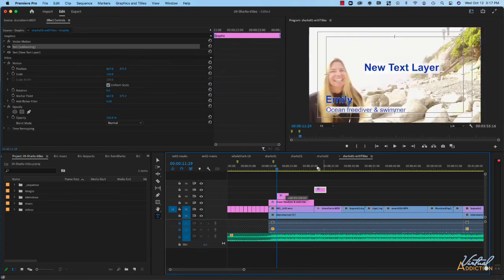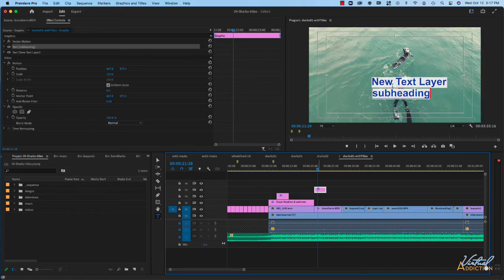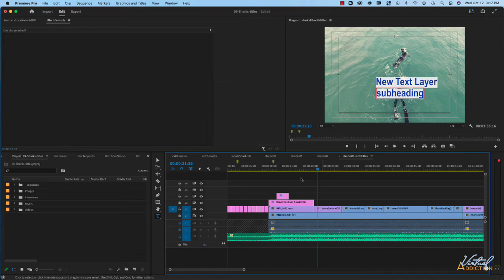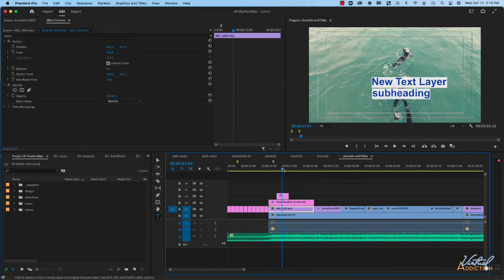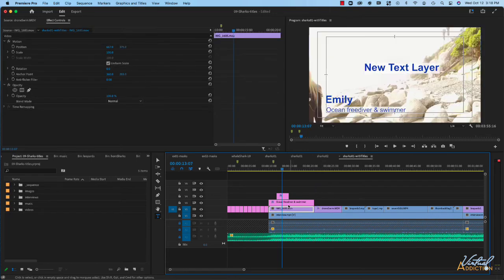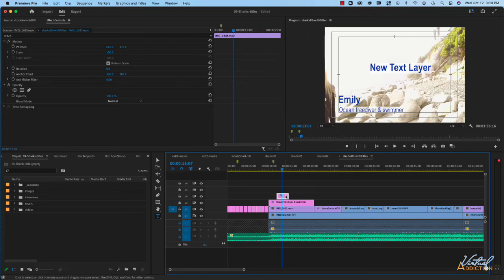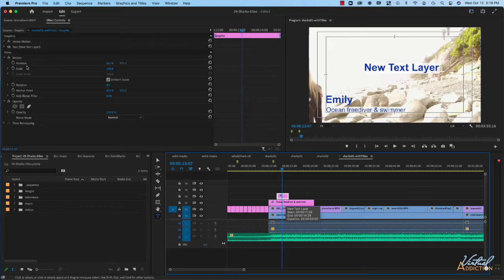So if I bring them over here, you'll see if we move our playback head, that new text is going to show up together. Clearly, you have a lot of options for being able to incorporate text into your projects. And just like anything else, once you have a text layer or text item, you can go ahead and animate it with any of your motion effects